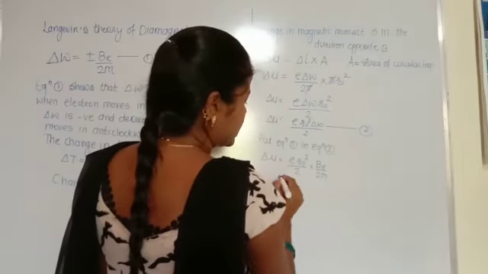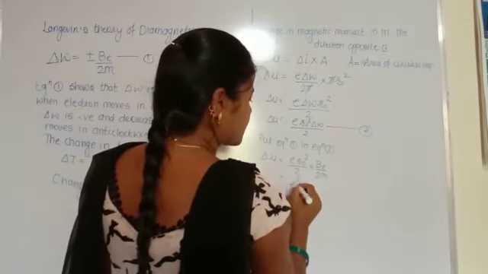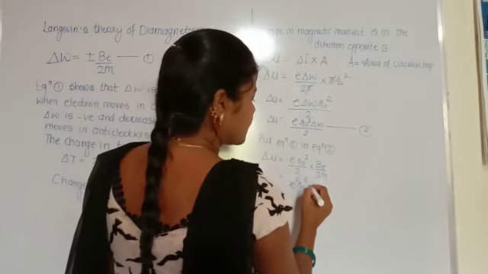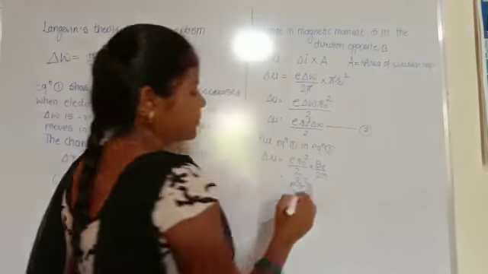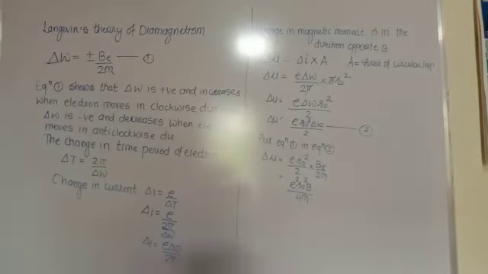These e and e give e square, so we get e square r0 square B divided by 4m. This is the value of the change in the magnetic moment. But in actual practice,